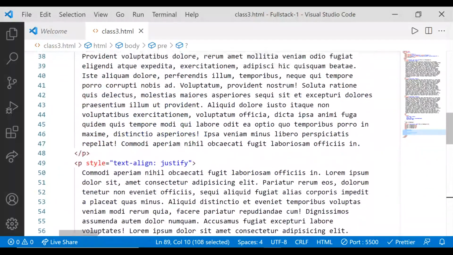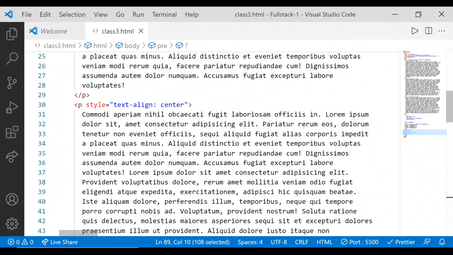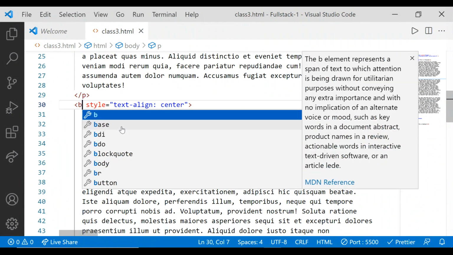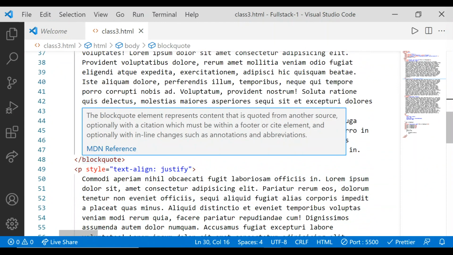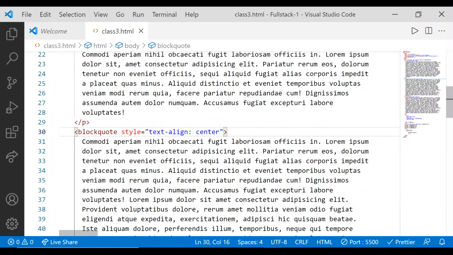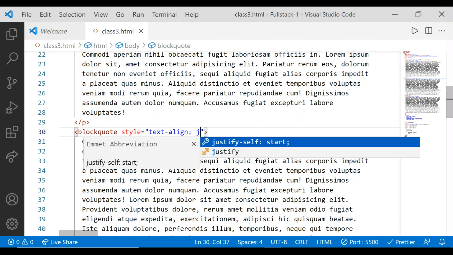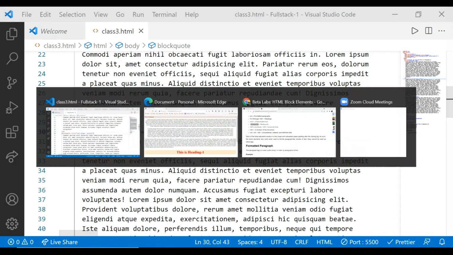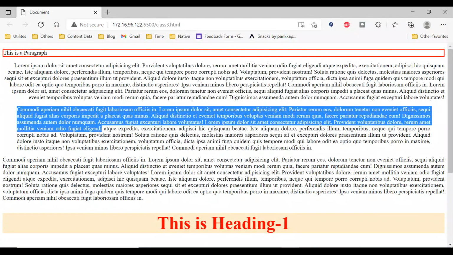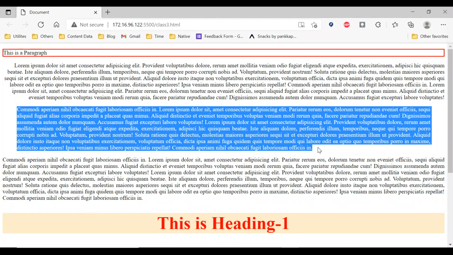So I'm going back to the second paragraph. Instead of using the p tag, I'm using blockquote. Now when I change it to blockquote, the end tag will automatically be renamed. Okay. Now I'm making it justify so that it occupies proper space on both ends, and now I'm saving the code. Now see the output. See this. Even though this is centered, on the left hand side and on the right hand side, some equal space is being left.